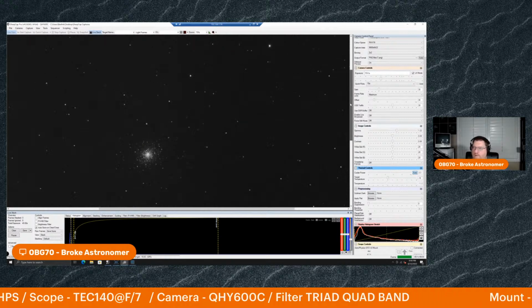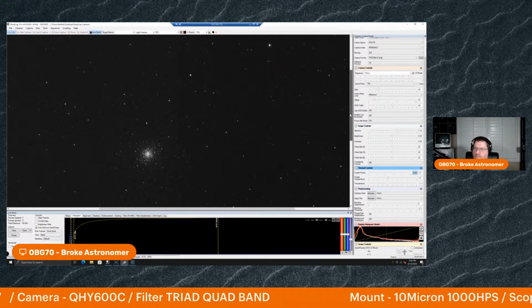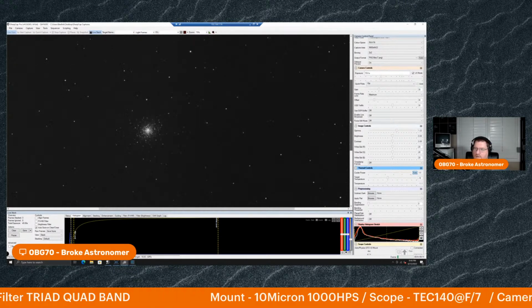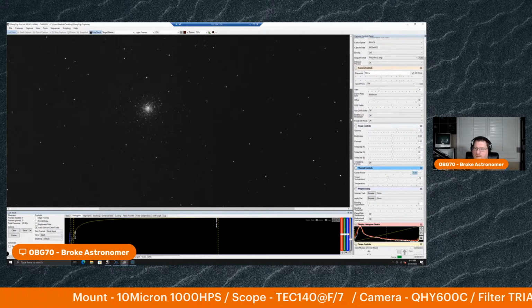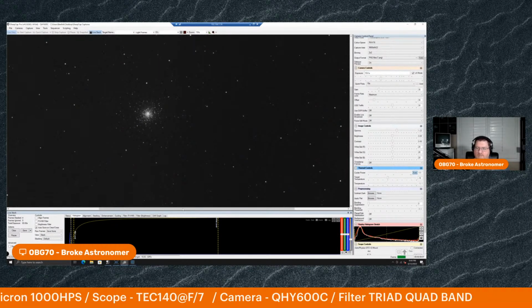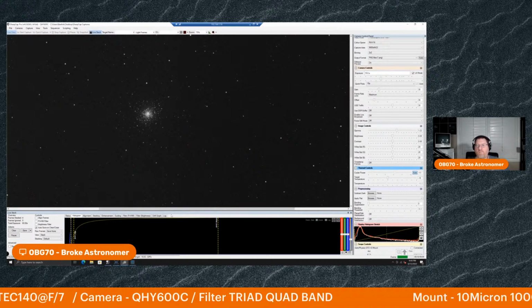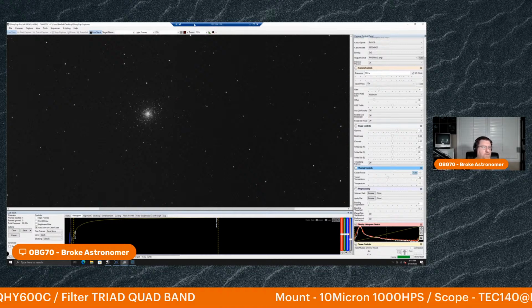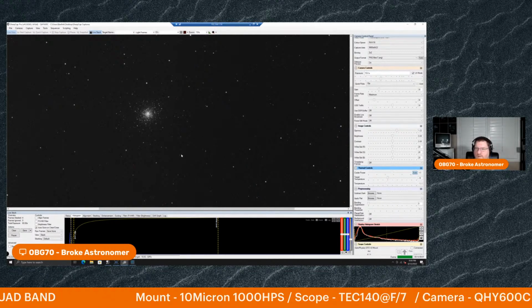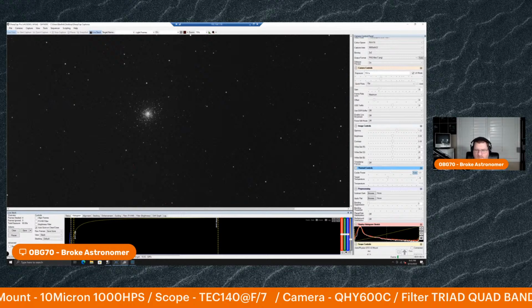So I am using remote desktop, if you guys are curious how I'm connected to the telescope and all that. I have a little computer attached to the top of the telescope where all the cameras and stuff are plugged into, and you can see the remote desktop thing there. All right, so that is